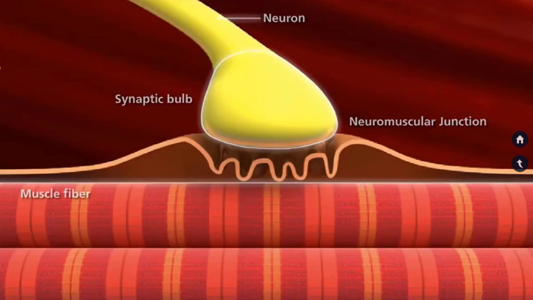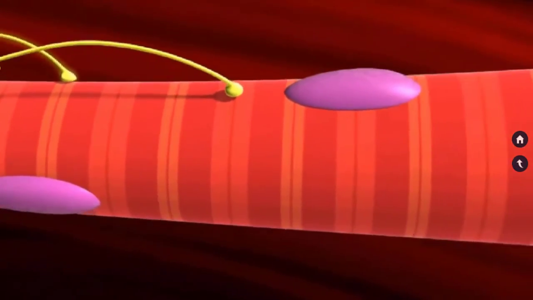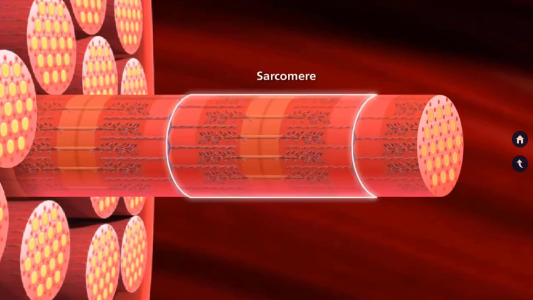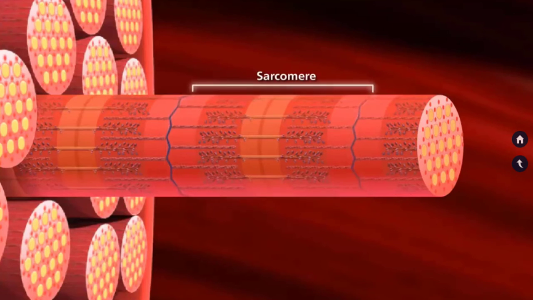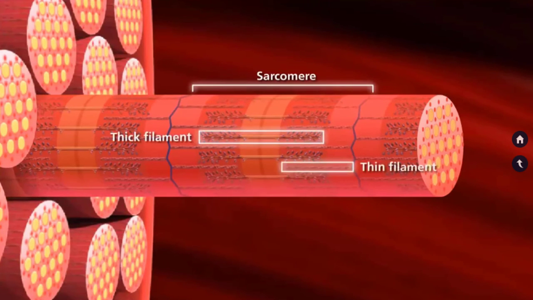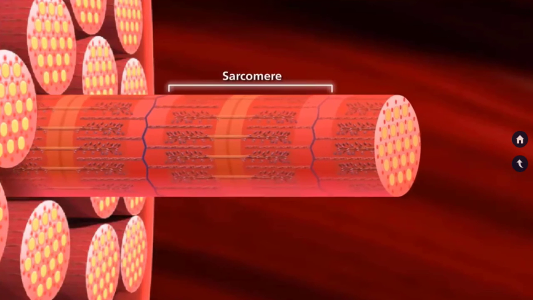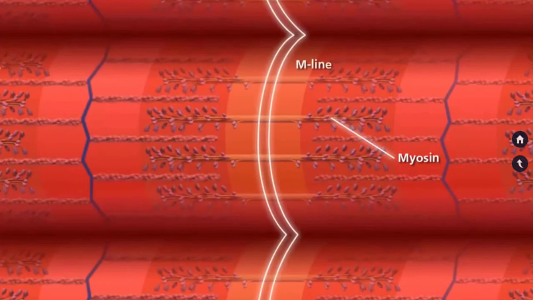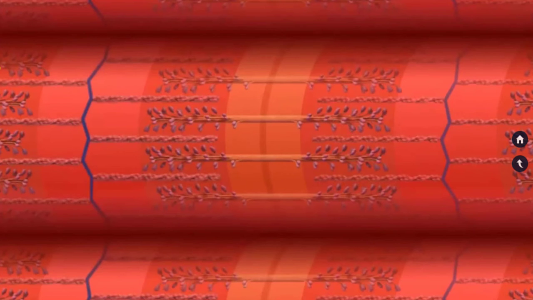Muscle fibers are composed of many myofibrils. A myofibril contains contractile units called sarcomeres. Sarcomeres run adjacent to one another down the length of the myofibril. Each sarcomere consists of alternating thick and thin protein filaments, giving skeletal muscle its striated appearance. The muscle contracts when these filaments slide past each other. The thick filaments are myosin, which are anchored at the center of the sarcomere, called the M line. The thin filaments are composed of the protein actin, which are anchored to the Z lines on the outer edges